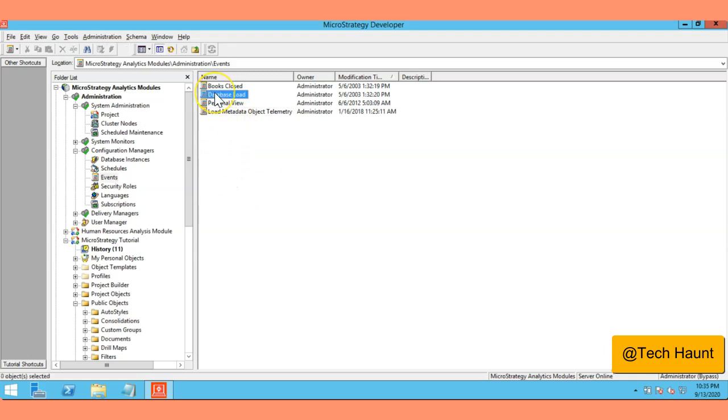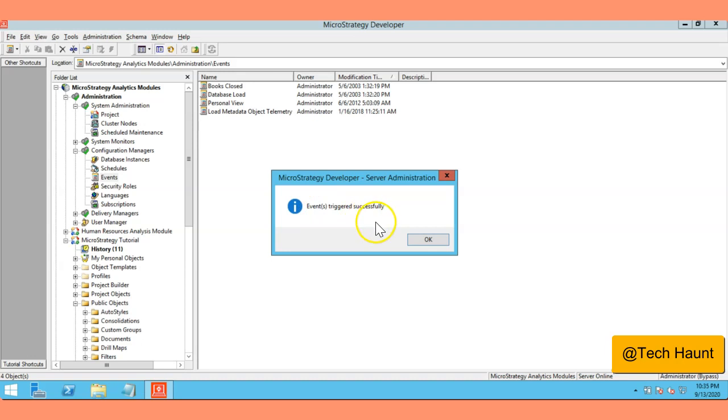Or you have the option to just go here, and let me just refresh it, and you can come to any event which you want to fire, and I'm just going to trigger this database load event, and I'm going to click on trigger, and then it will give you the success or failure option. Okay, so that's saying the event triggered successfully.